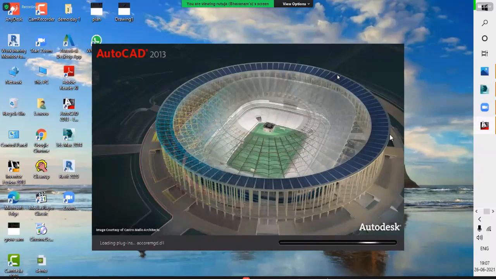Just simply do one thing: save your AutoCAD file on your desktop and do exactly what I teach here. Here is the opening screen of AutoCAD, and I will show you one plan and how to import it in 3ds Max. Okay.